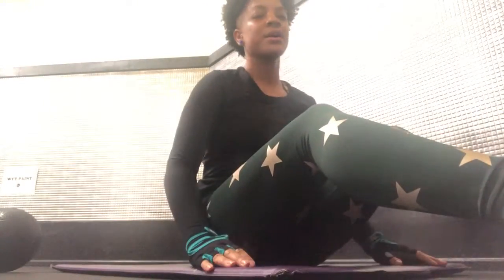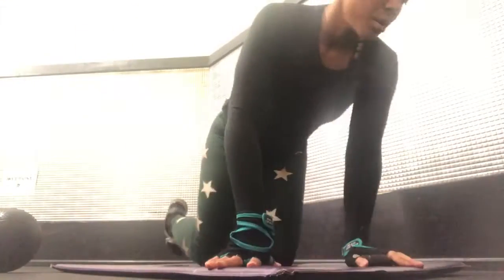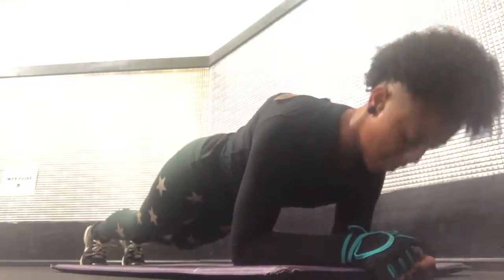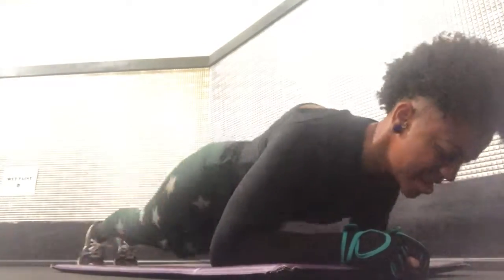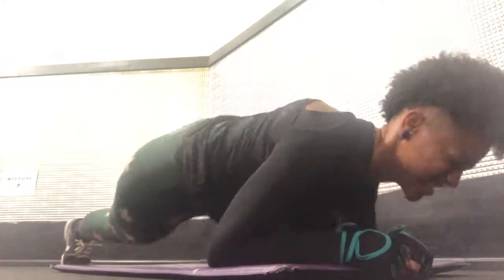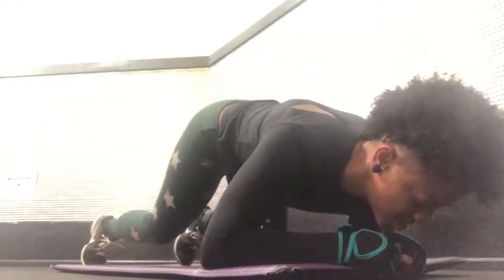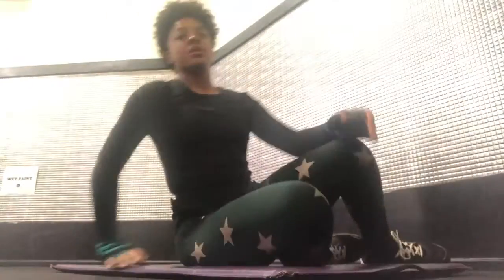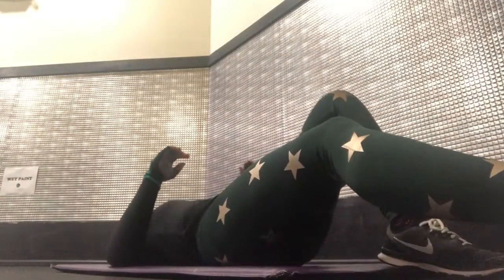I try to put my hands underneath my buns to kind of give me a lift. I'm so out of breath. So we're going back into it. I do this routine about 2 to 3 times and make sure that I'm getting in a good workout. And I try not to take too much of a break, so I get right back into each of the exercises,